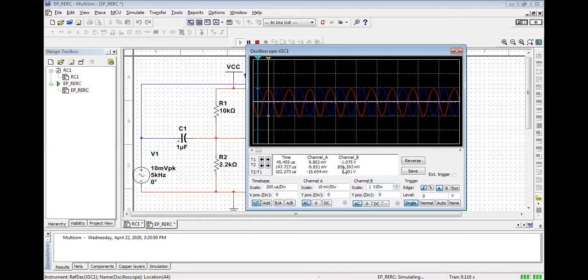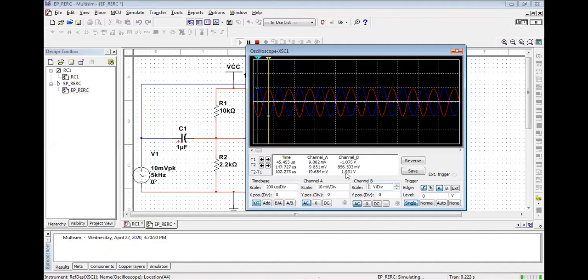Here the simulator is going to give me the final value of V out, that is the peak to peak voltage of output voltage. It is 1.93. And for channel 1, the input, that is 20 millivolts. So accordingly you can find out the value of gain. What will be the gain? 1.93 divided by 20 millivolt, into 1000. So you have the value of gain, that is 96.5. You can note down the value of gain, it is 96.5.